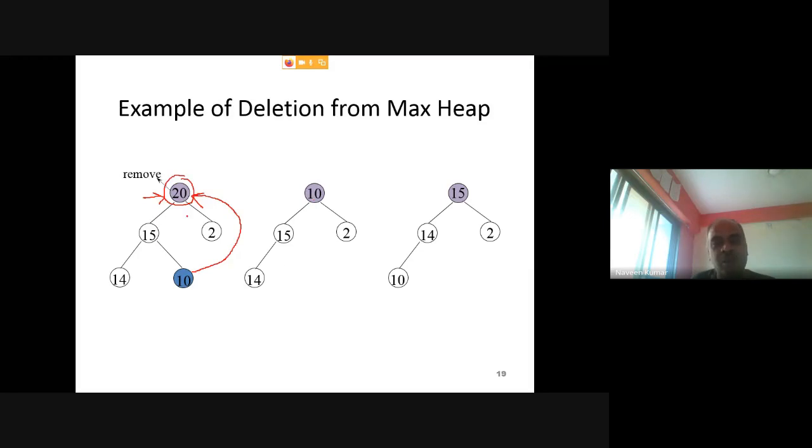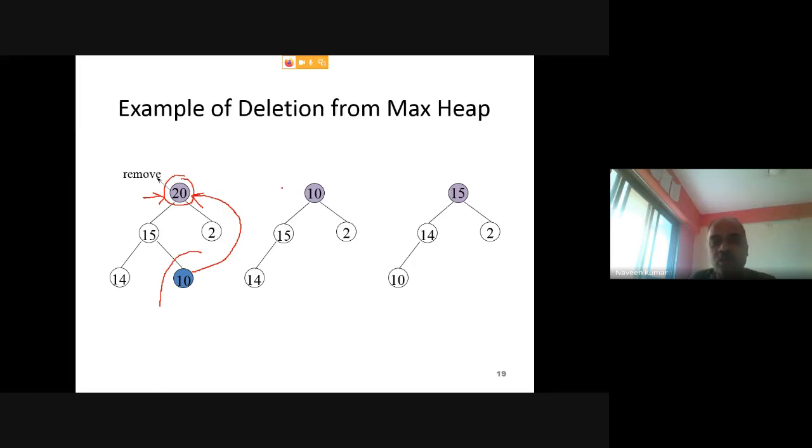After storing this element here, you don't want a duplicate node, right? So you need to delete this position from the max heap. How can you delete? You can reduce the size by 1, meaning n number of elements now becomes n minus 1, or size minus 1. So reduce that cell and store this last cell element at the root place.